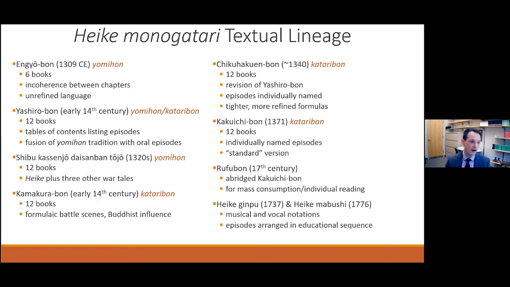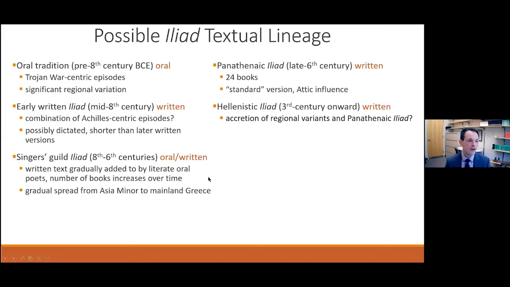And in this form, it was also likely the work of a single poet who imposed structure and some stylistic unity on its narrative. However, I see no reason to assume that the Iliad was composed in a near complete fixed form at this early date. As the detailed history of Heike variants shows, especially among the Katati-born texts, it's entirely possible for a